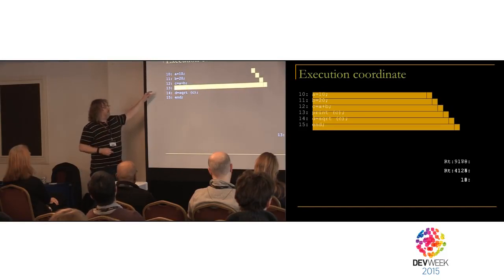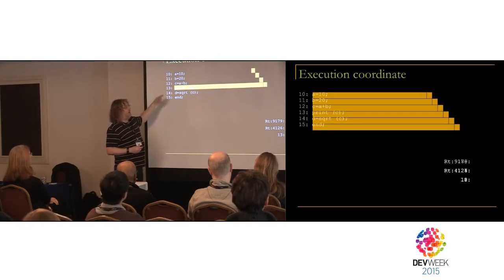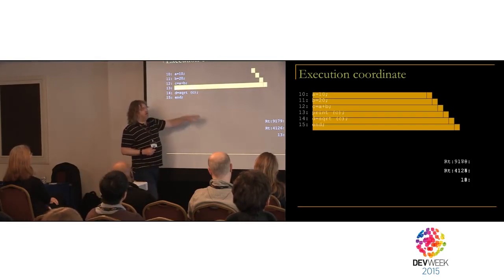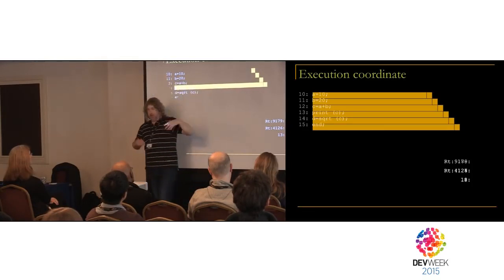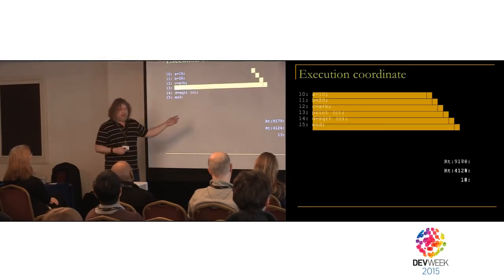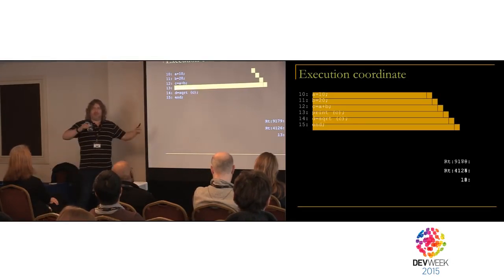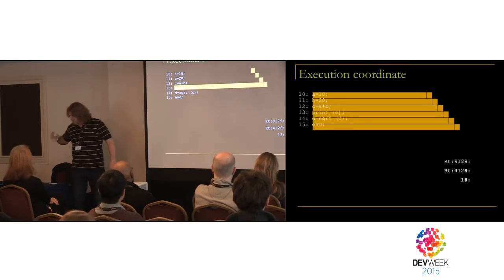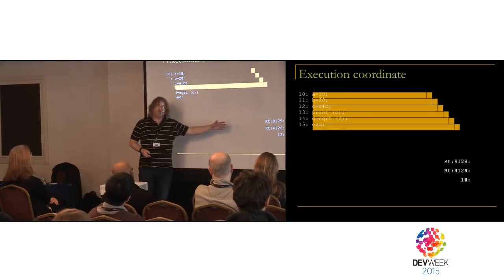Now, print is a function. It's not merely something that we do atomically, it's got structure inside it. So as we drill into that function, we're climbing up the stack, we're finding other coordinates elsewhere in the program. This you understand. Your debuggers produce this all the time. You can see stack traces, you can see where you got to. But this was part of Dijkstra's idea of an execution coordinate. This is what you need.